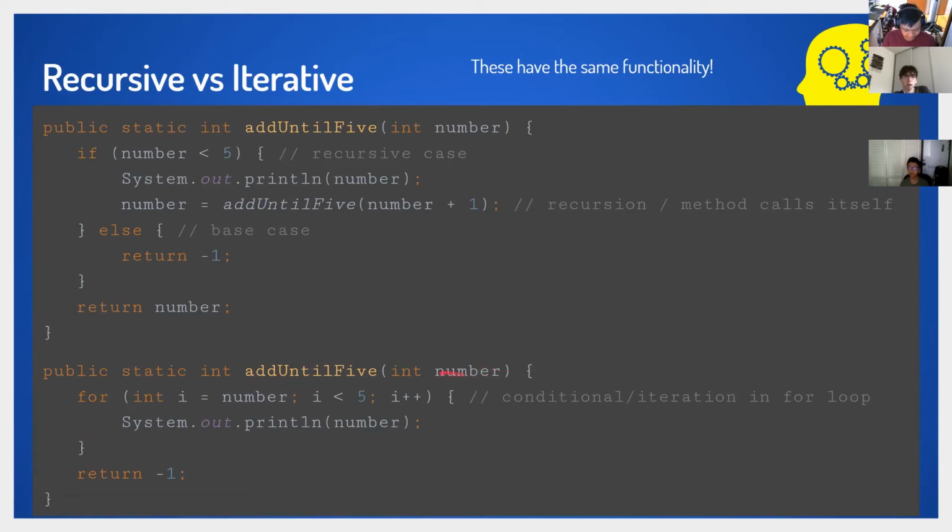So let's say if I pass in 0, we're gonna keep going up until 5. So integer i is equal to number, while i is less than 5, we're gonna add i. So we're gonna say 0, 1, 2, 3, 4, 5. Makes sense, because you're just looping 5 times. Now this recursive thing,